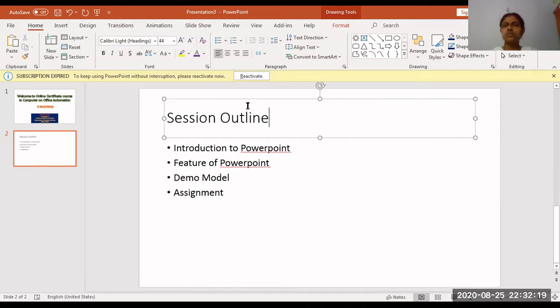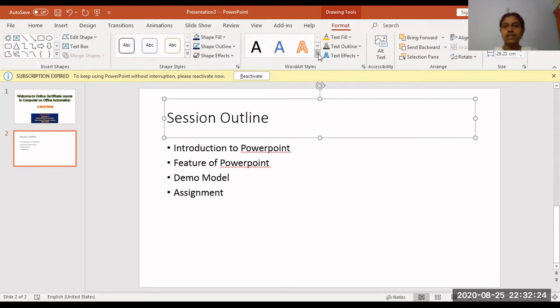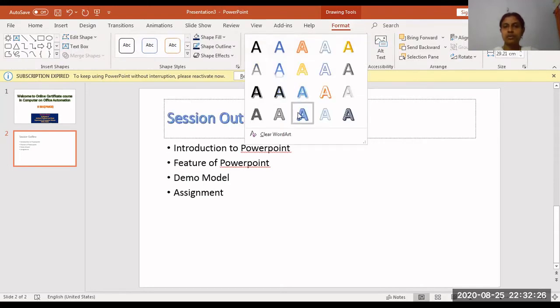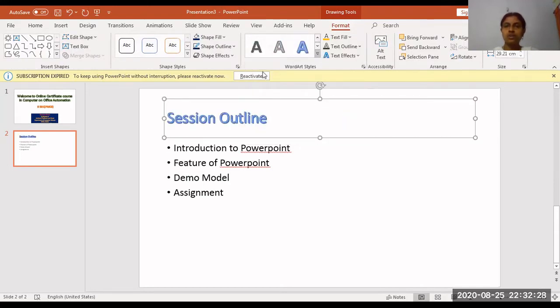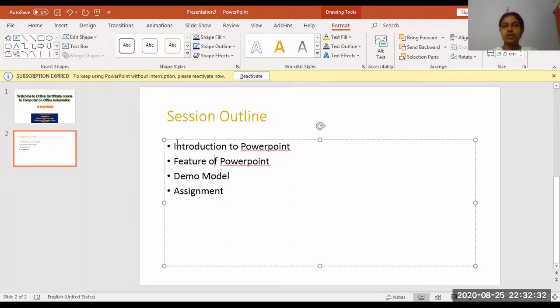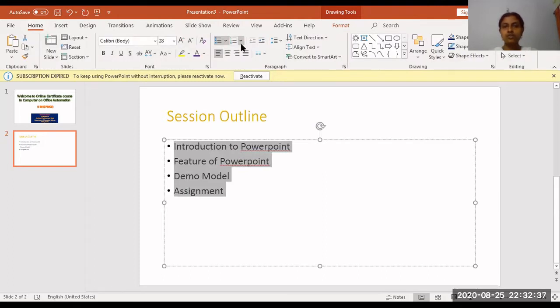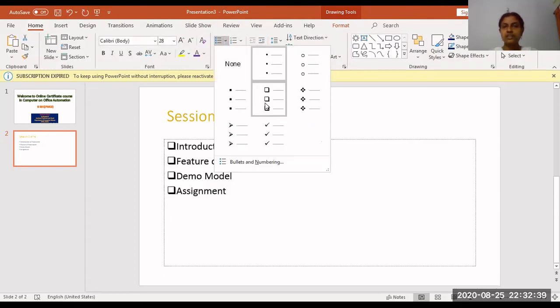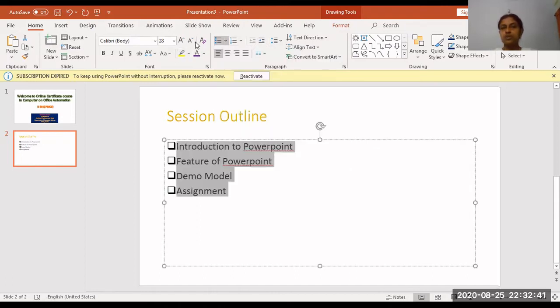Once again, for this also you can design it. Select it, go to format option, select some pattern of your choice, or if you don't want this, select another pattern, and select the color according to your requirement. And for this also, say I don't want dotted, I want some other shape, I can decide the bullet shapes also by selecting the numbering option.